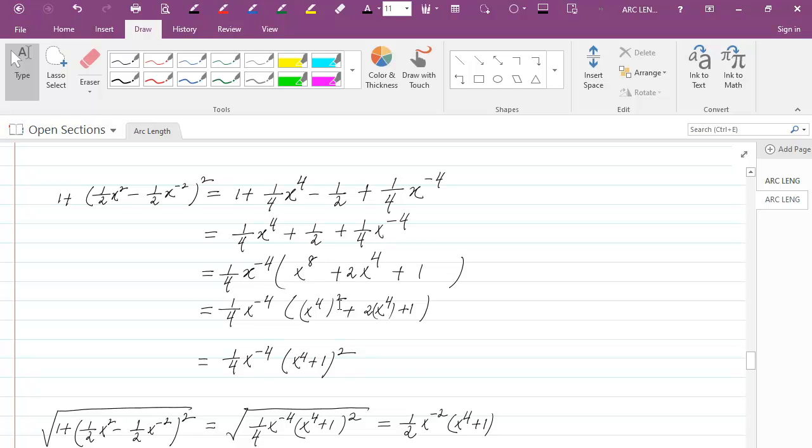the 4 plus 1. And this quantity here can be factored, because what we have here is x to the 4 squared plus 2 x to the 4 plus 1. So you can factor this out as x to the 4 plus 1 squared. So this is what we obtain, and then if I take the square root of that, what we're going to get